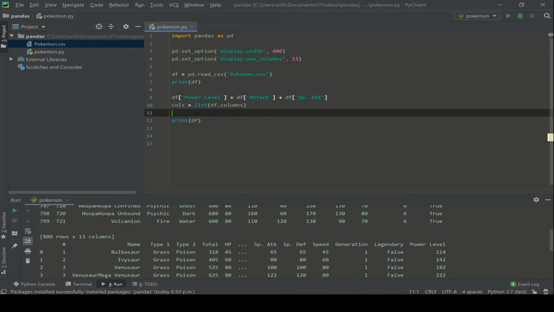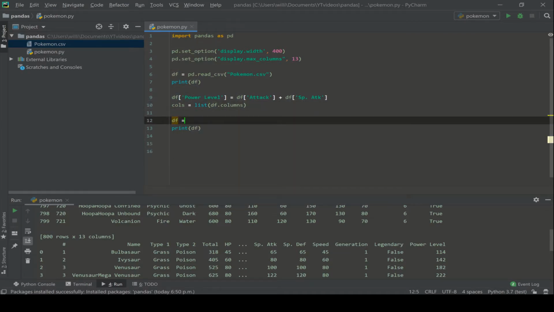And then I'm going to use our data frame variable, and I'm just going to rearrange the columns. So I'm going to take the first 3 columns, so 0, 1, 2, 3, right? And then I'm going to add the